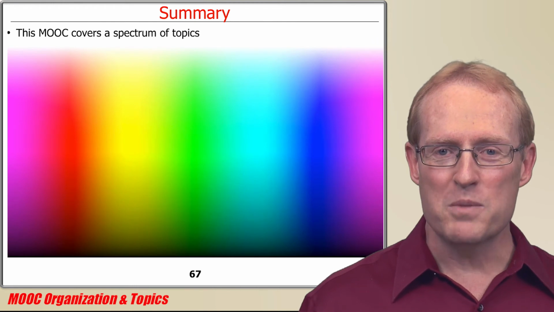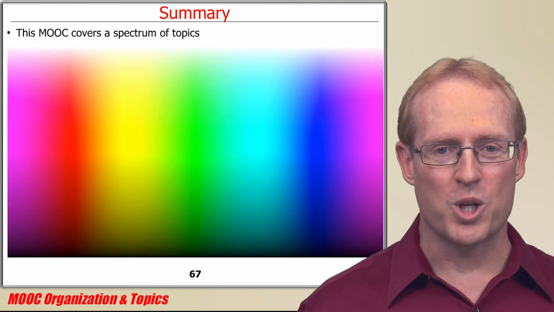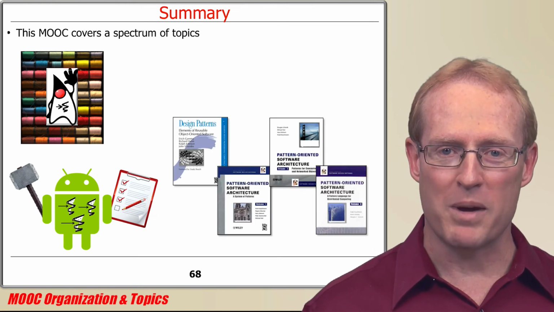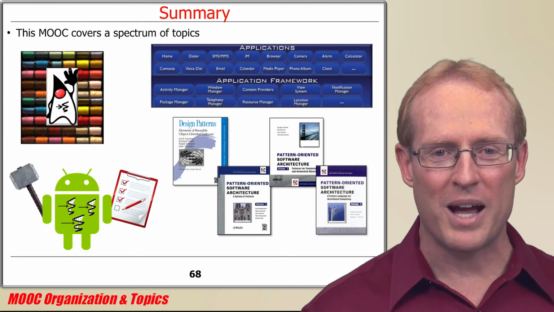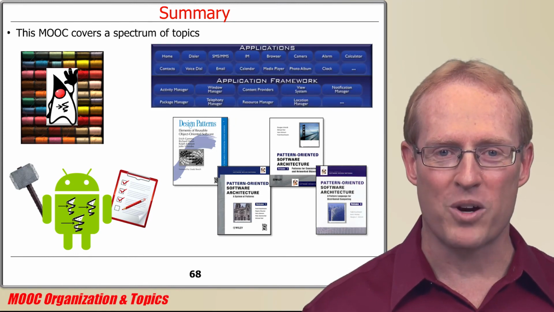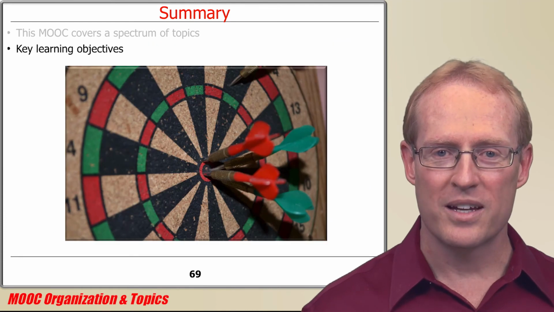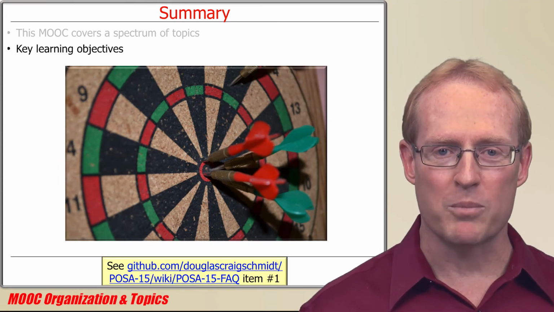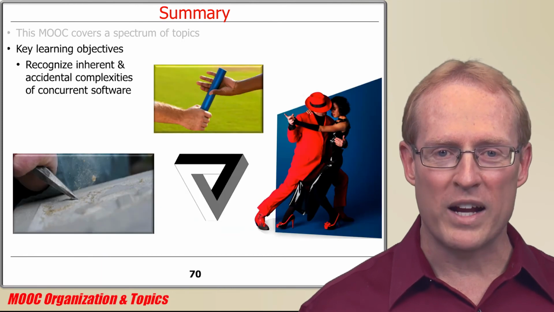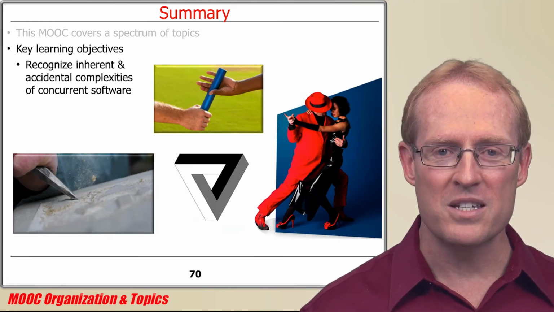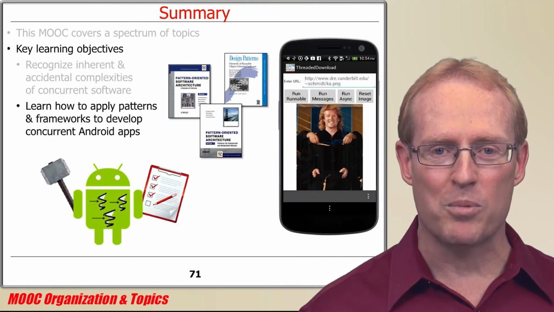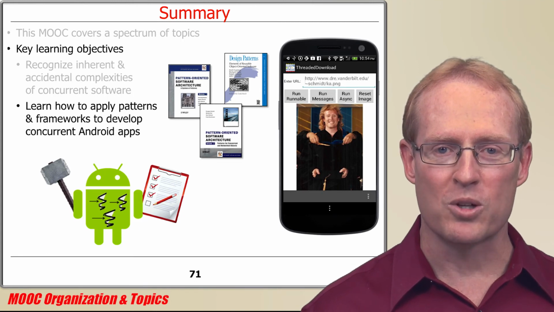In summary, this MOOC covers a wide range of topics, including Java and Android concurrency mechanisms and frameworks, the patterns that guide the design of these mechanisms and frameworks, as well as concurrent applications that apply these mechanisms and frameworks. After watching the lectures, completing the assignments, and participating in the online discussion forums, you should be able to achieve the key MOOC learning objectives, including recognizing the inherent and accidental complexities involved with developing concurrent software on the Android platform, and learning how to apply patterns and frameworks to develop reusable concurrent applications